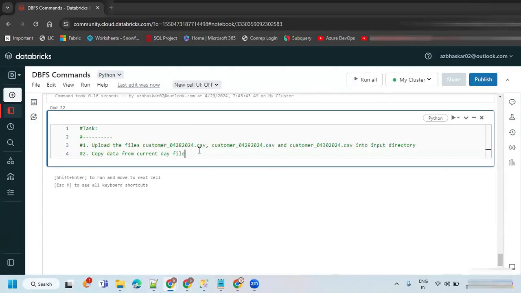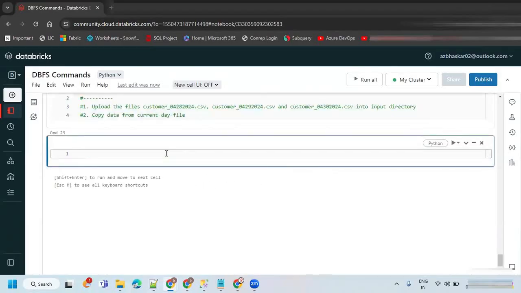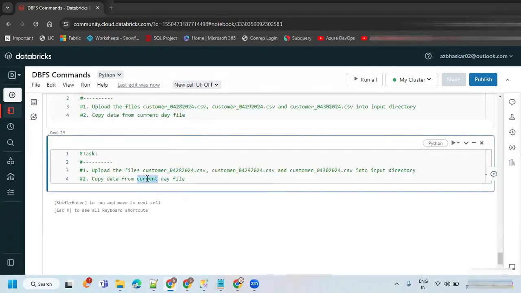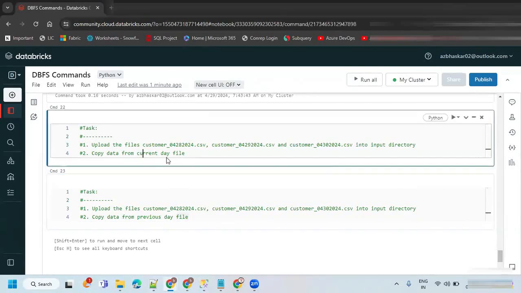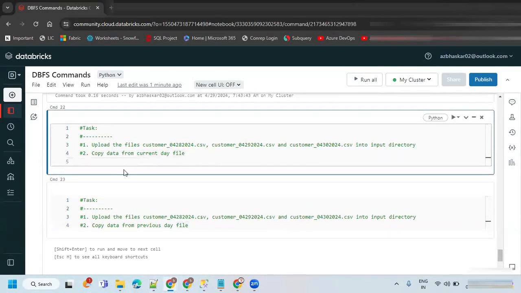This is the task. You can write for the previous day file if you have it. Here I wanted to show you how we can do it for the current day file, and you can do the rest just for practicing how to write code for that purpose, nothing more than that.